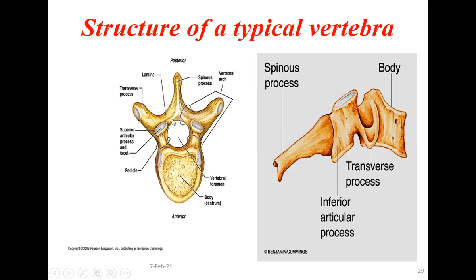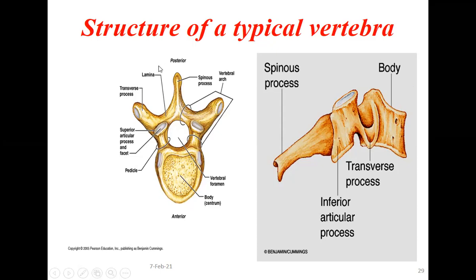And then we have the transverse process on either side. If you see here, this is called the transverse process on either side. So here is the body, this is the side view: body, transverse process, spinous process. Then we have the pedicle, and this is the lamina. So these are some of the parts, and this opening, this hole, is called the vertebral foramen. This is important because here the spinal cord, the extension of the brain, will be present.